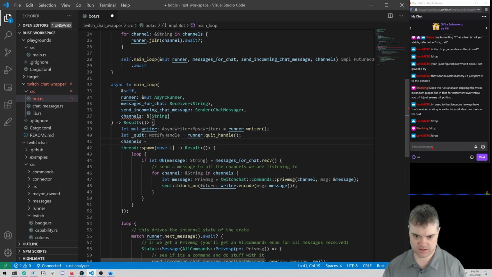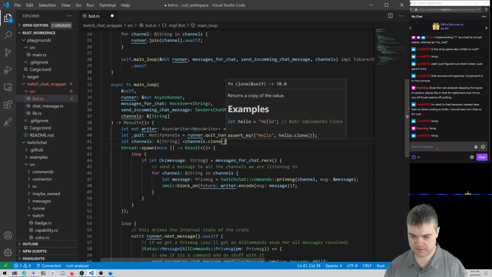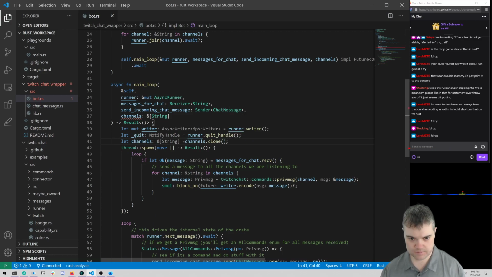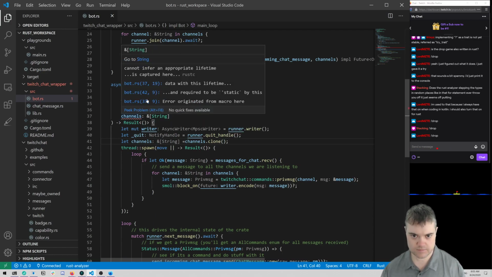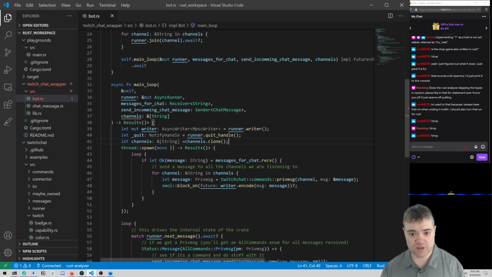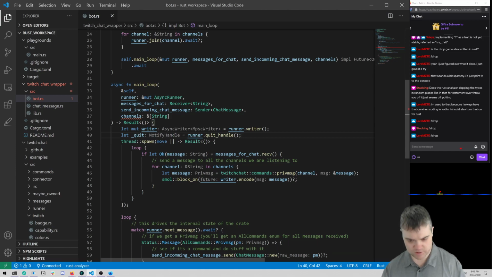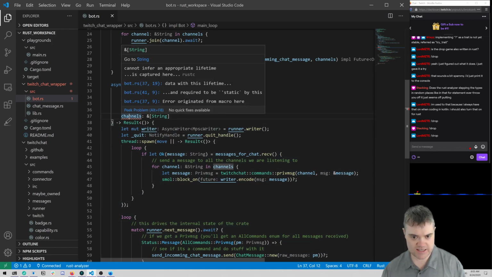So channels, let's do that: channels equals channels.clone. Oh, okay, hold on. That's what it's trying to do here. I think it's trying to clone it automatically, moving inside of here because it's in a thread. So it's saying, hey, cannot infer an appropriate lifetime.